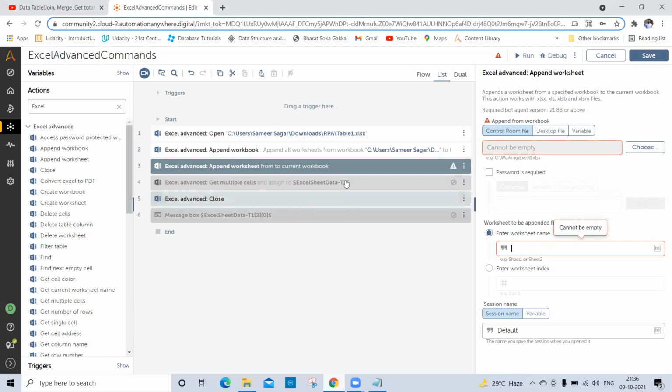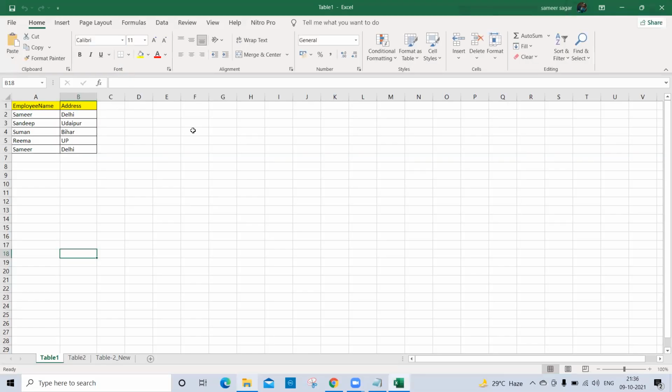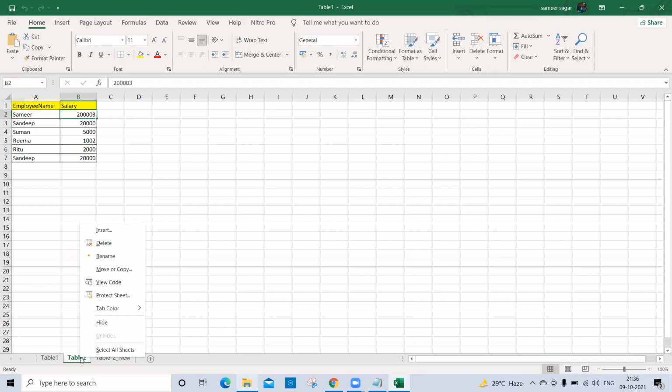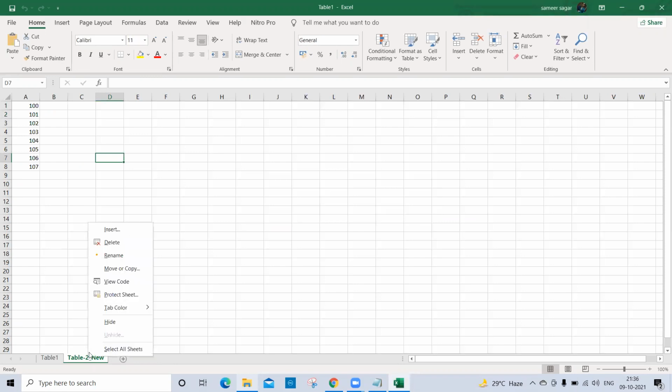With this one, we cannot append all the sheets from the Excel file, table 2. So let me delete the new sheet which was added from the table 1 file, so that I can show you the differences between both commands.